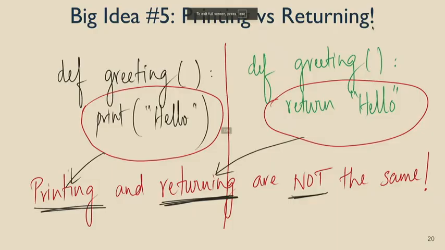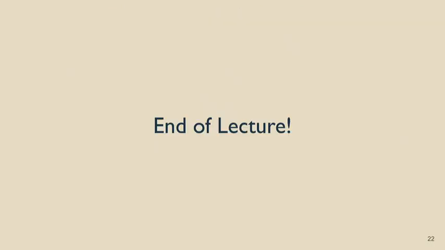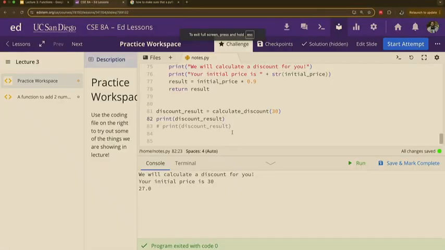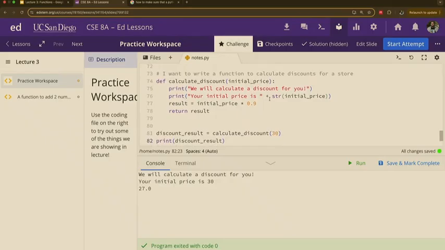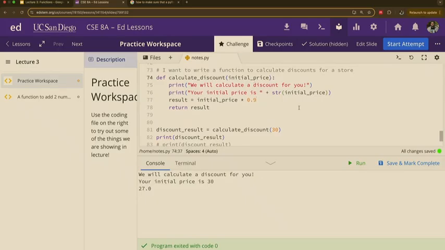Let's see, what's the next thing? Yes, printing versus returning. Okay, end of lecture. Whoa, cool. Let's make this a little bit more involved, right? Let's say that now we want to add tax, right? We want to add the tax to calculate the discount. Yes, you got the discount. You started off with 30 bucks. We took away 10%. Then it's 27, right? But now we want to add a tax, right? What is that tax? We can make that tax whatever we want it to be.